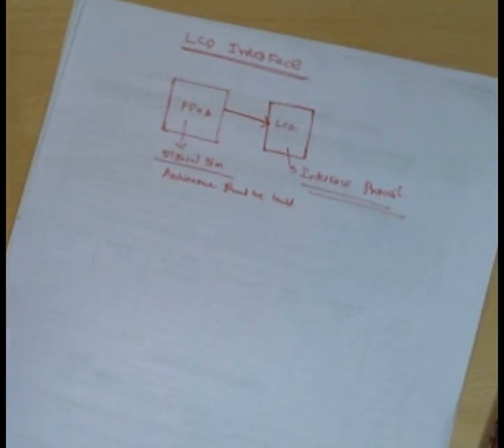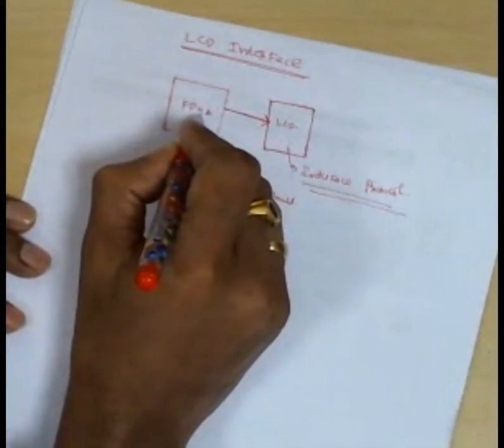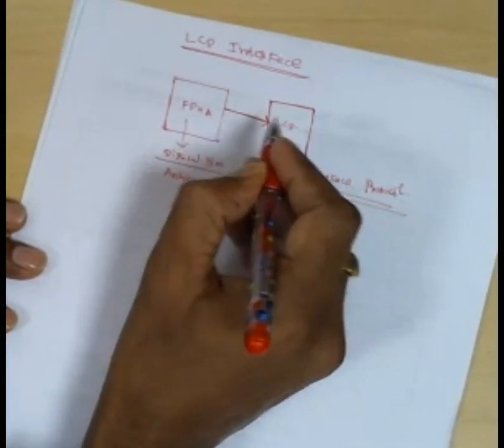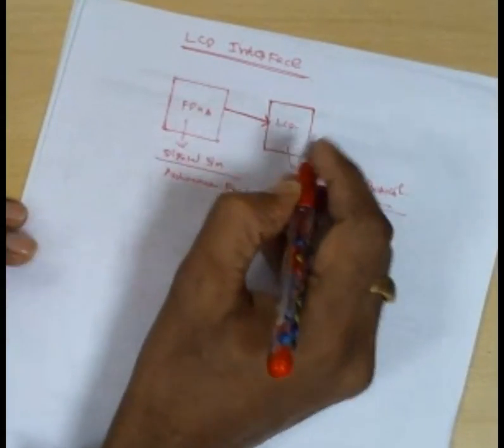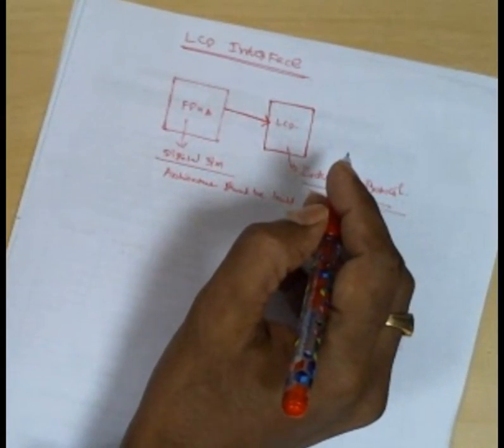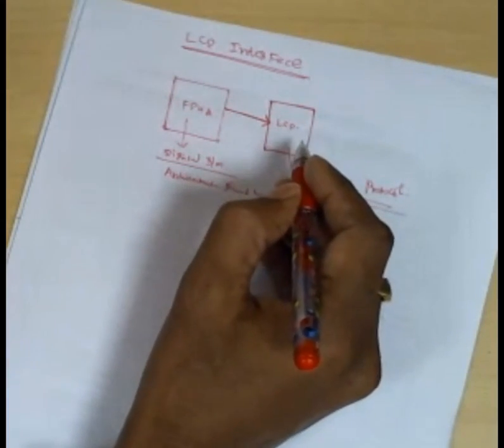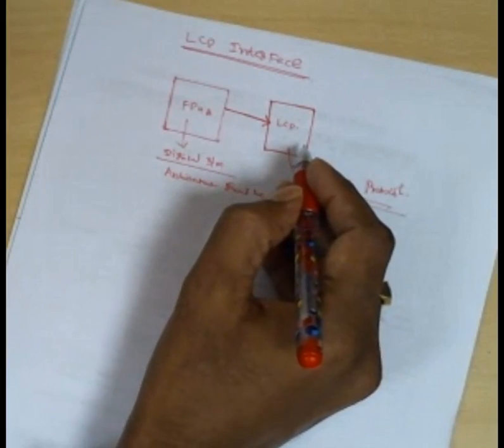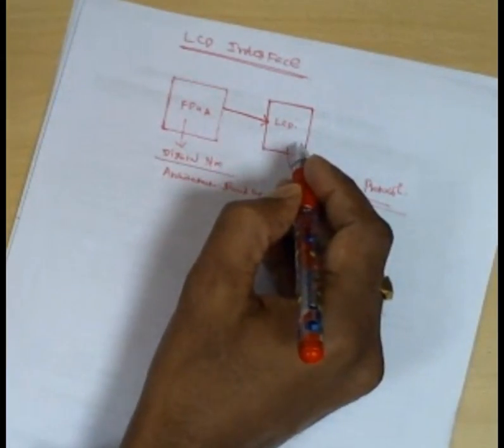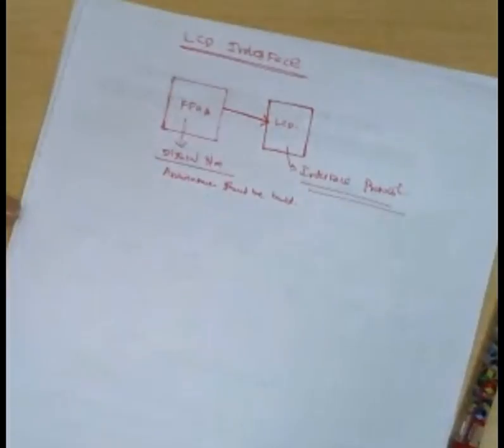So the idea is something like that. I am going to give some command to this device, and the command should be such that the device can understand. So I should be familiar with the protocol of this device. What does it understand? What is that protocol? How can I interface the device with the FPGA? Because this is my headache now.